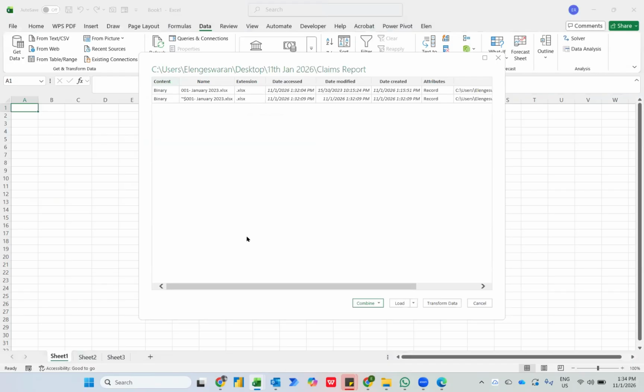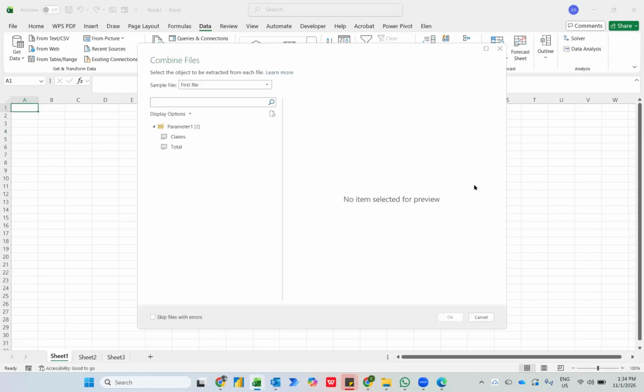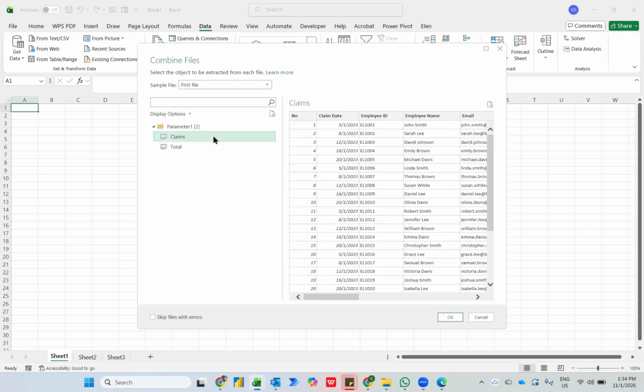Now this is the box whereby we have this binary data. What we do is click here, Combine and Load To. When you press Combine and Load To, another box will appear. It will ask you which file. You need to choose the claims, because that is the report that I want to import. So I choose claims. Once I choose claims, the next step is I press